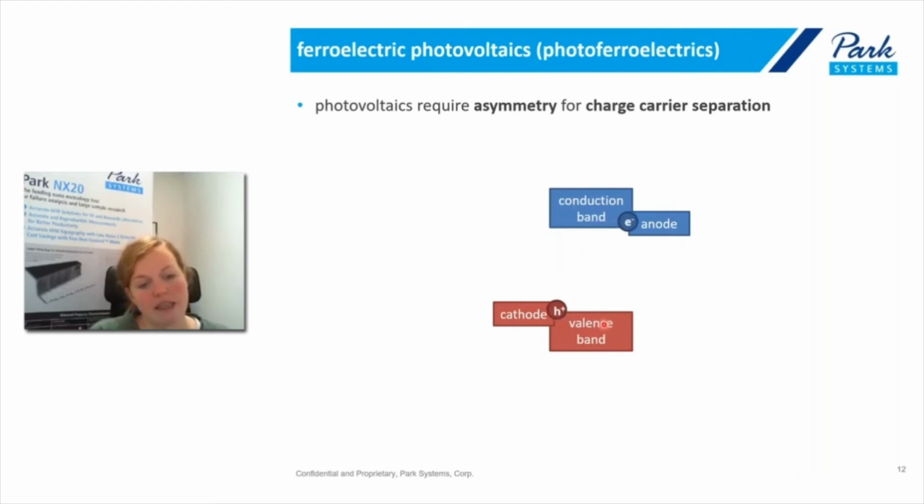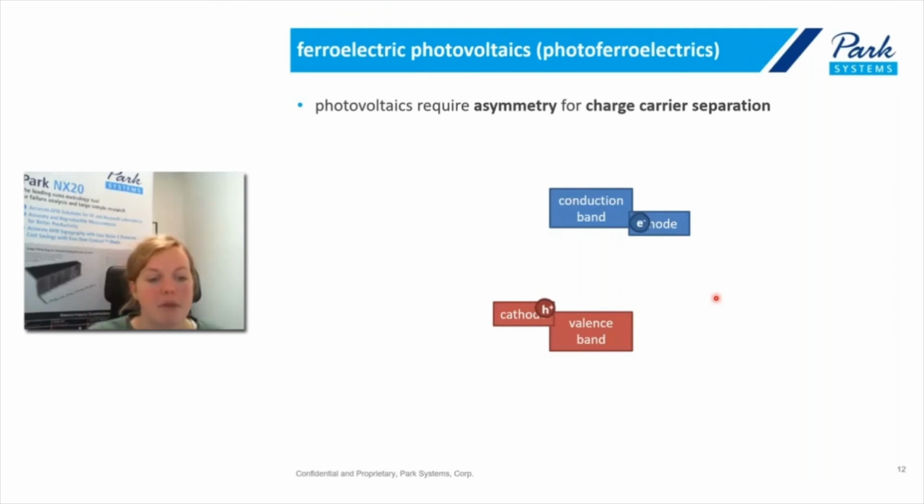We basically need to overcome the Coulomb forces that hold these two particles together, and then separate them in different directions on the device, right? So the electron needs to be extracted on one side and the hole needs to be extracted on the other side. And typically this is achieved by matching several different layers together or introducing a different doping profile for the